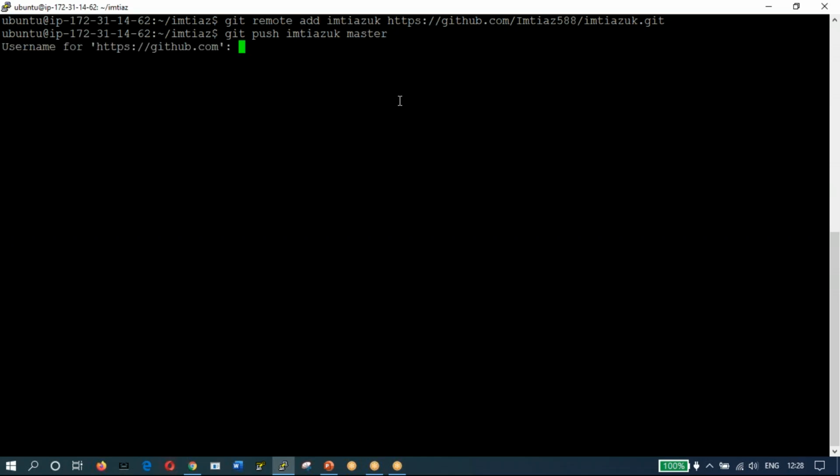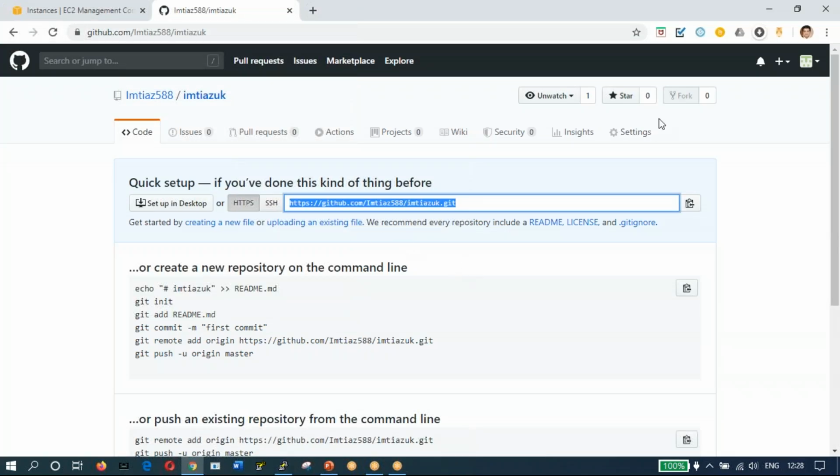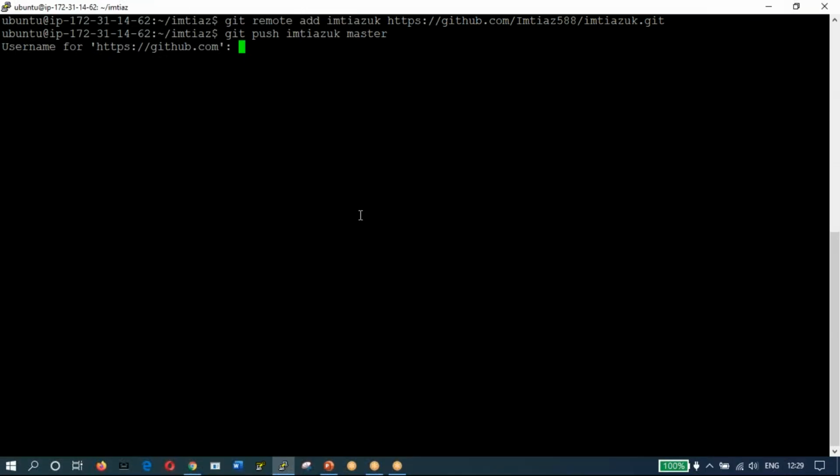So the system is asking me the username for github.com. I created my username and password once I created my account with GitHub. So you need to give that username and password, guys. Remember this thing, otherwise you won't be able to connect. So my username was Imtiaz588 and I am giving the password, right? So if I click on enter,